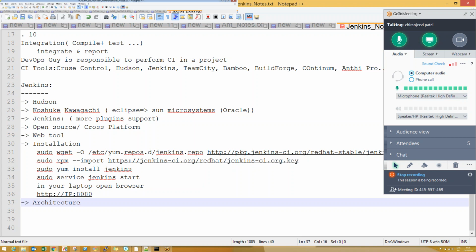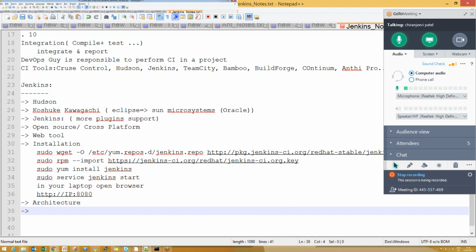A Windows slave, we were not able to do due to the reason that it is not supporting the JNLP way of connecting, but usually it should show that in other versions of Jenkins. I asked you to try a little bit older version, so that's where we are. Today we'll start with